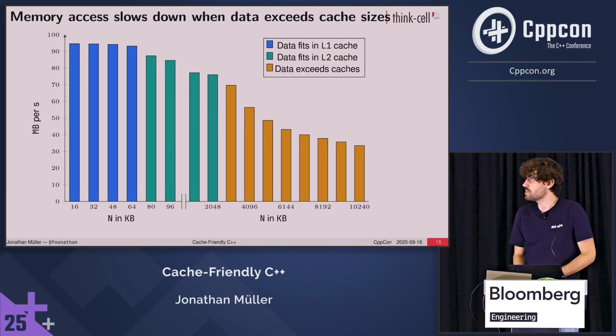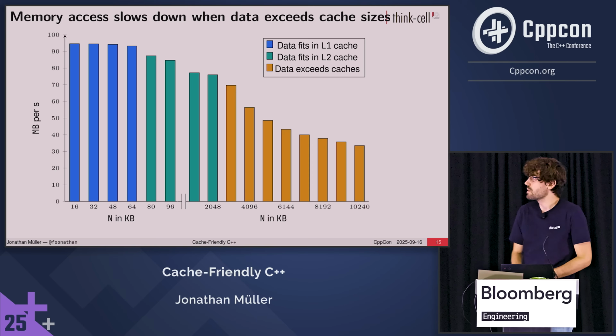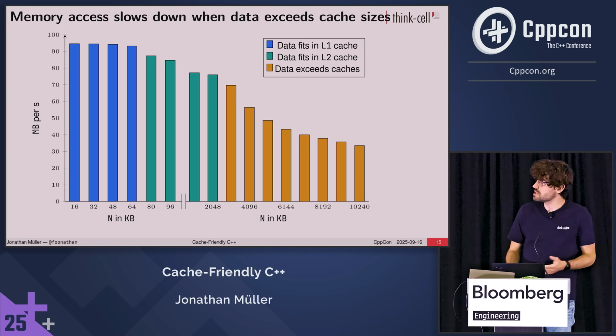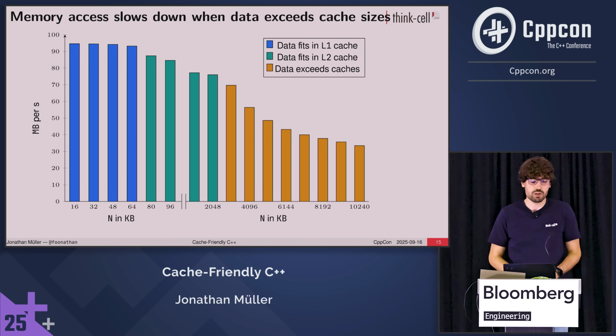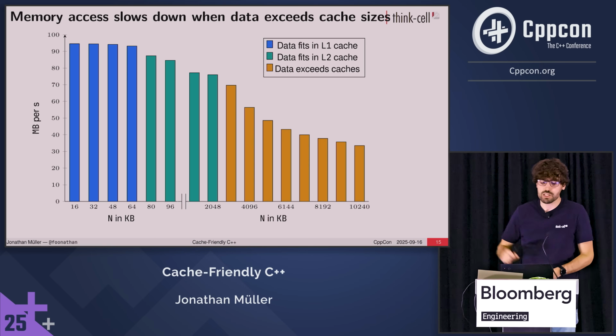And this explains the benchmark. So in the blue region, our data entirely fits in the L1 cache. It didn't really matter what we accessed. It's always in the L1 cache, so the speed stays the same until we exhaust the L1 cache. Once we exhaust the L1 cache, we lose a bit of performance, and in the green region, it entirely fits